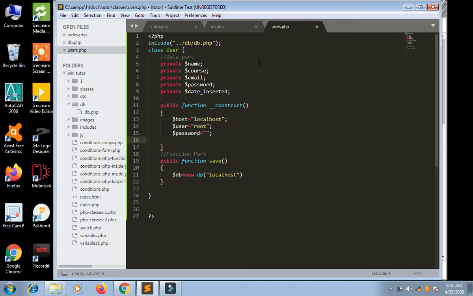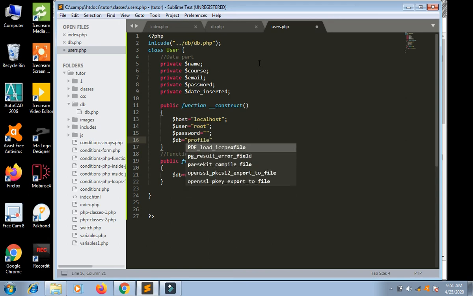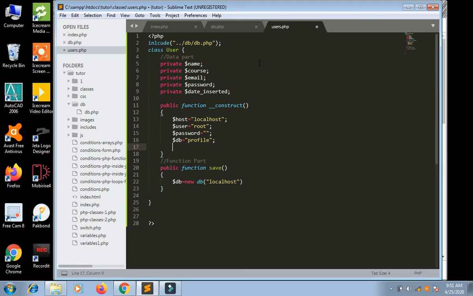Now host, user, password, and $db. $db is our profile we have created.